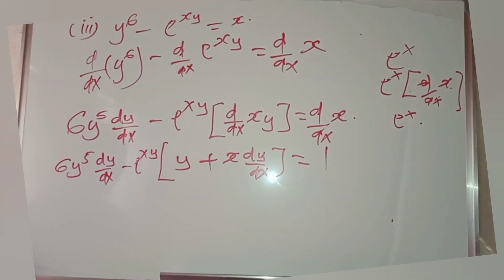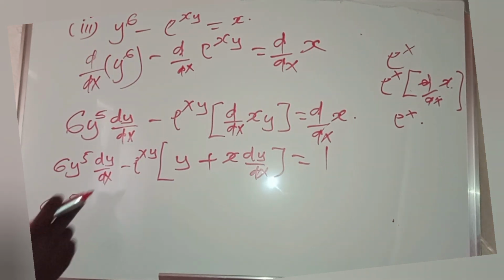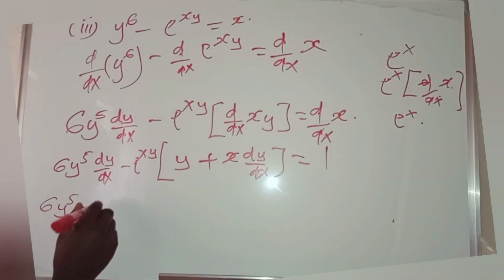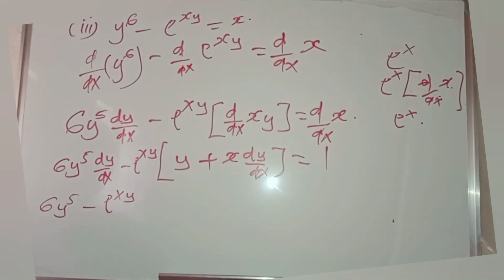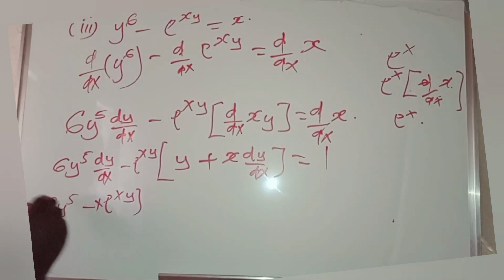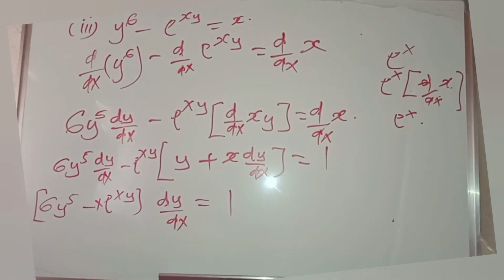You isolate dy dx on the left side. You have 6y raised to the power 5 dy dx. You open this, minus exponential xy times x dy dx is equal to 1 plus